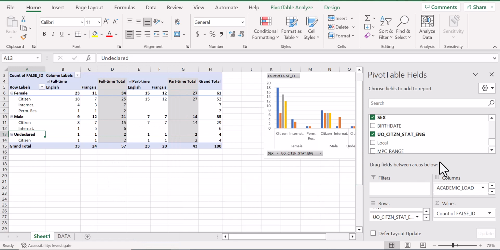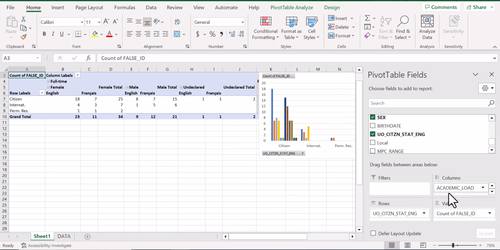Now, the fields in the columns or rows are there to allow you to make comparisons. Now, if the current arrangement is not the best representation of the comparison that you had in mind, you can just drag the fields around until you find the ideal comparison. For example, let's move sex over to the columns and program language